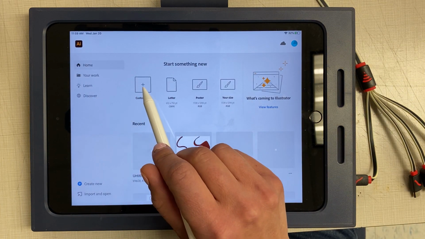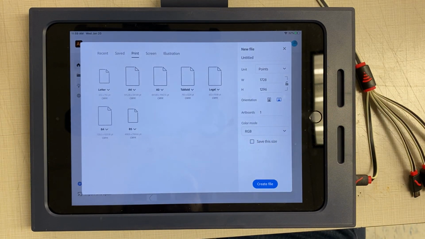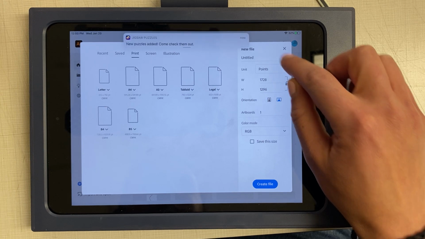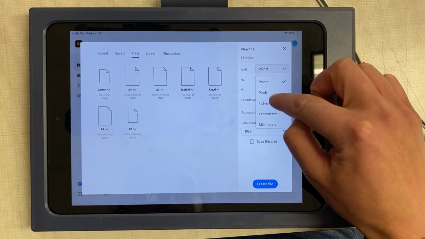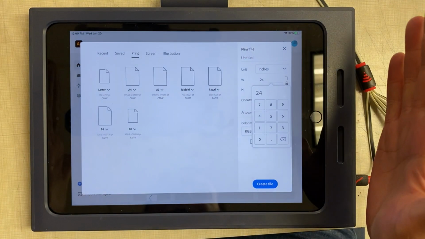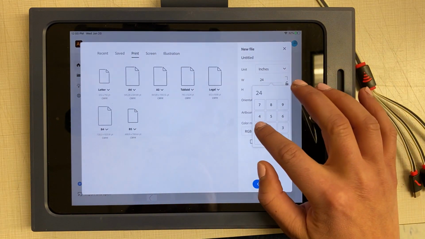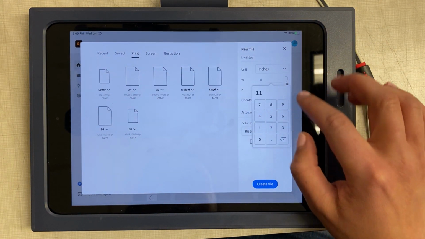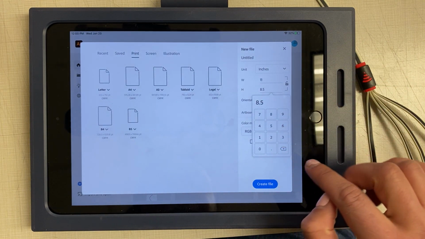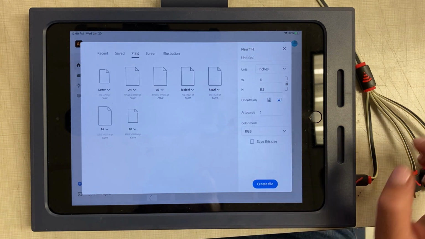So I'm going to just hit custom, and I'm going to create a new document. I'm going to go to inches, and I think I'm going to make it longer, wide versus tall, and I'm going to make it 11 inches wide by 8.5. You can always change this, but I think that's what I'm going to start with. That's the size of a piece of paper. I'm going to hit create file,